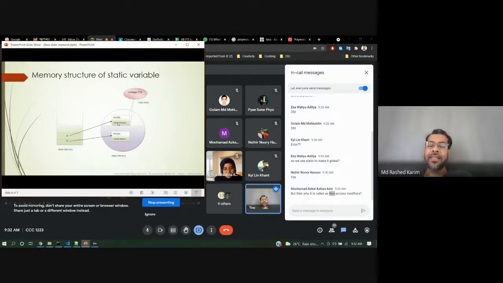So Eka and Ascal have different memory locations. But for the college, it's in the class area, so the college can be shared by any students, any objects. All the static variable values are stored in the class area, and all the objects are stored in the heap memory. Understand, Pika?